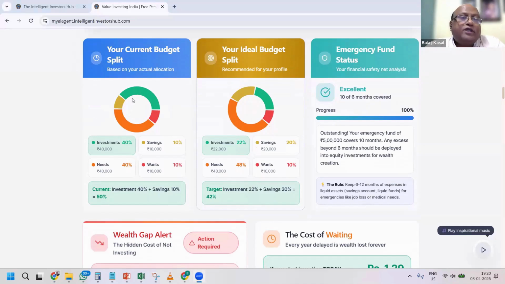For example, my current allocation is 40%, which is the data I fed in, and it is compared with the ideal. What should the ideal be? I feed the data based on typical good practices we should be following, like saving. I know 20% is what people say, but typically, as I keep saying, the thumb rule for saving is